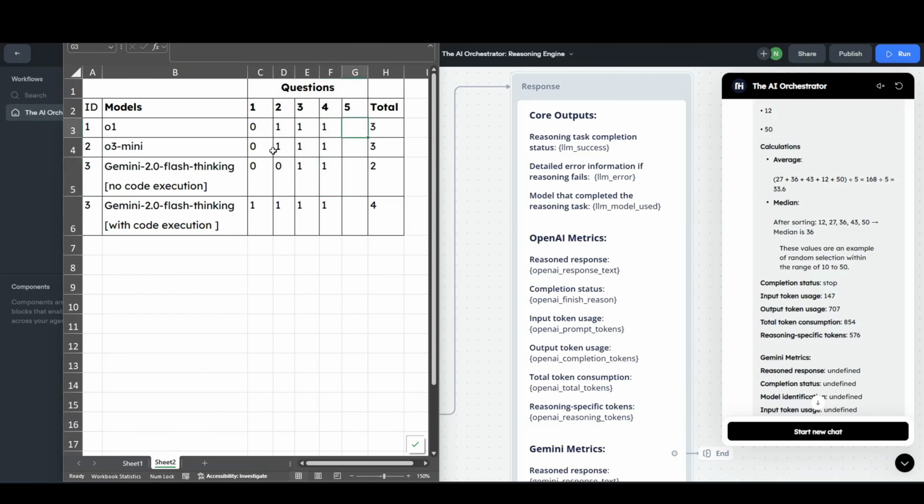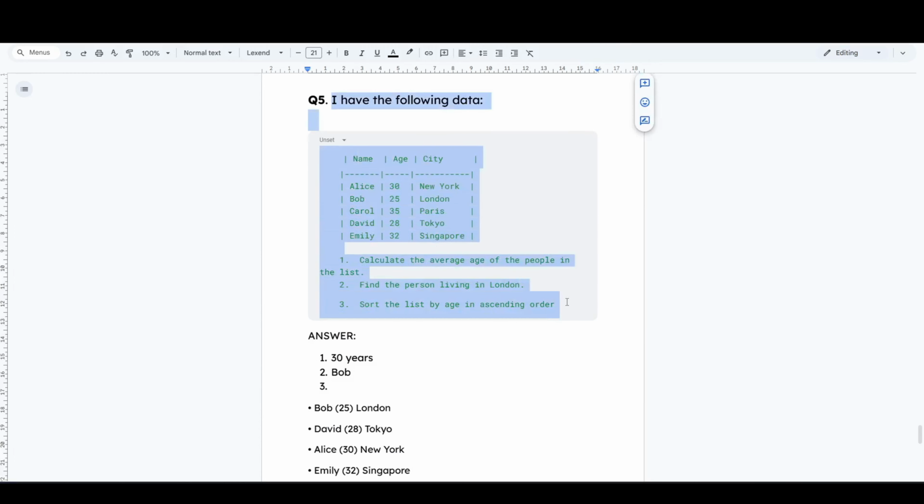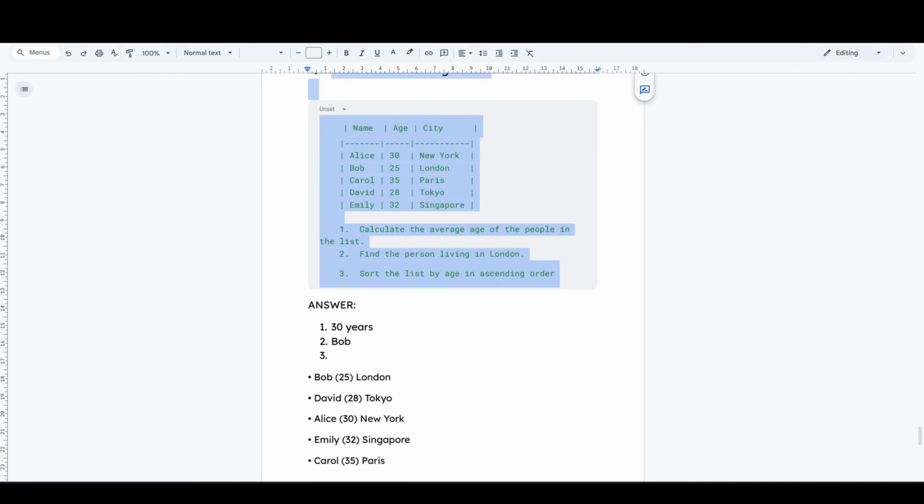So we have the last question, which would confirm the intelligence of these models. The last question is, you want to do 3 things: the average age of the people. We also want to find a person living in London, which is Bob, and then we want to sort by age in ascending order.